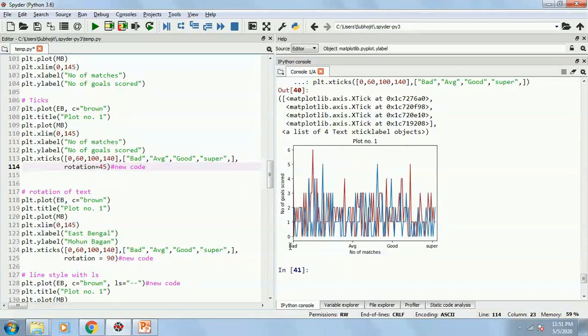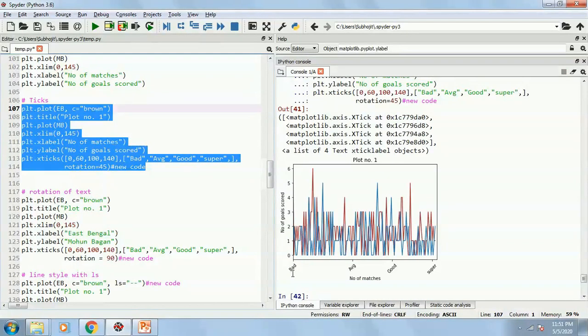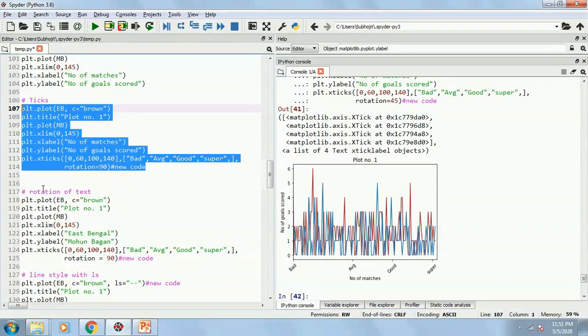So this text will be rotated by 45 degrees. I will show you how it will look like. See, it has become a 45 degree angle. If you make it 90, they will be perpendicular. You can change their angle if you wish.